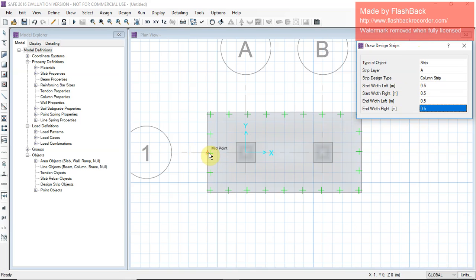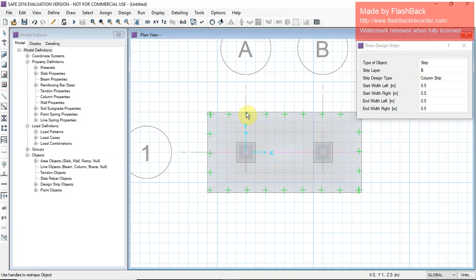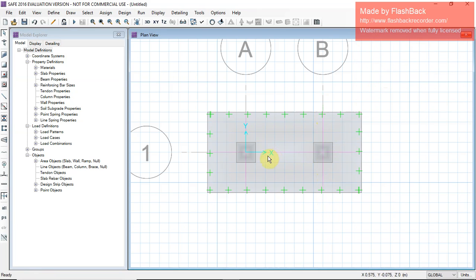So now next we draw the strip. Now in Y direction. Okay, strip design. Escape.